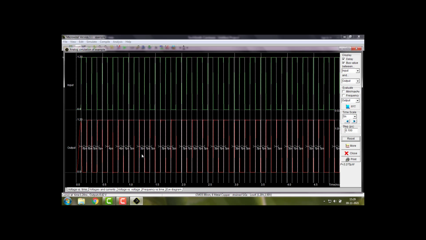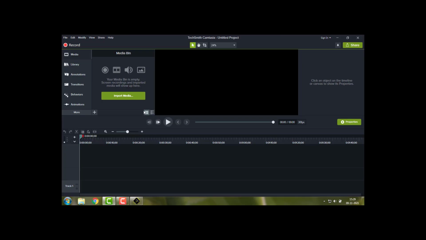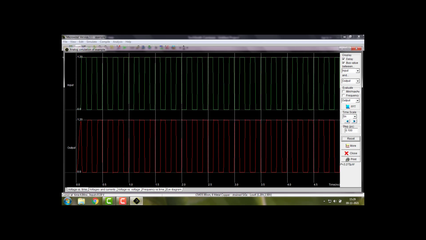The rise time, when it is 1, it is rising. Rise time is 3 picosecond, which is slow because the p-type transistor does not have as equal driving capacity as that of NMOS.